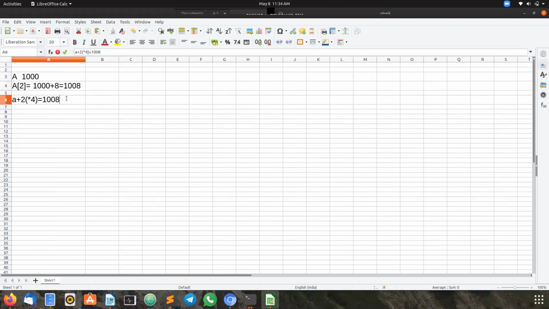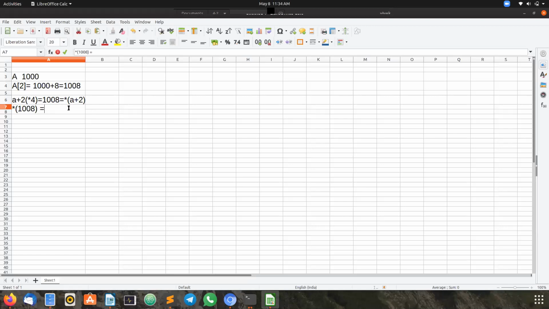So that's why we are putting an asterisk before a plus 2. So a plus 2 contains 1008. So when we put asterisk before that, this is what the representation is. So the value at this 1008 will be retrieved.